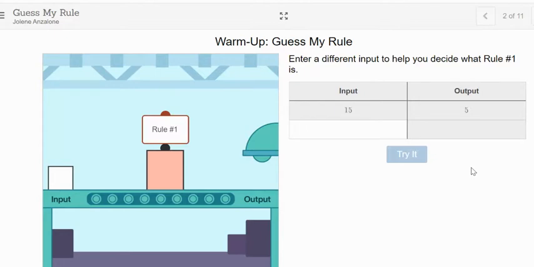The next screen has the input and output from before, but now it has a blank row. So in that white blank area, you're going to type any number that you want. Any number that you want, you're going to type into that white box, and you're going to click try it, and you're going to see the output that comes out, and then you're going to put it in your notebook. So enter whatever number you want, click try it,